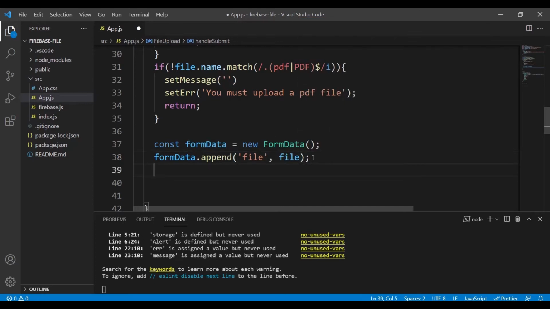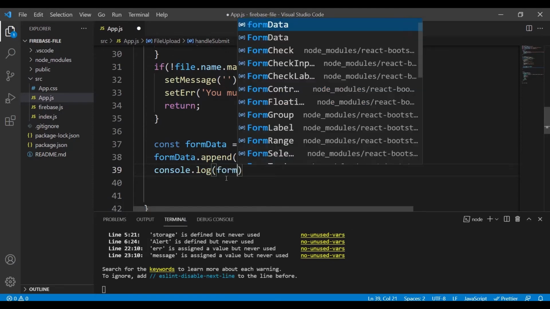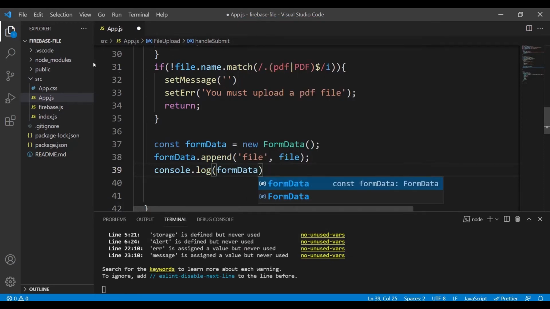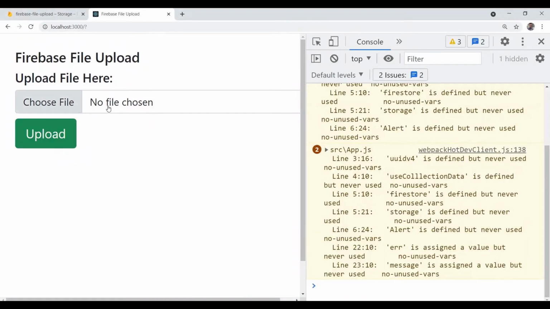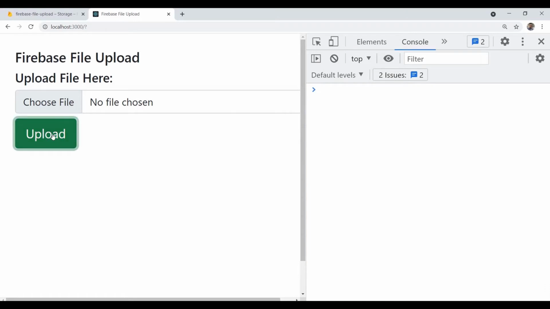Okay. Now, out of this file, let's console.log. We're going to say form data. Let's just see what happens so far. As you can see, let me clear this. As you can see, if I upload,